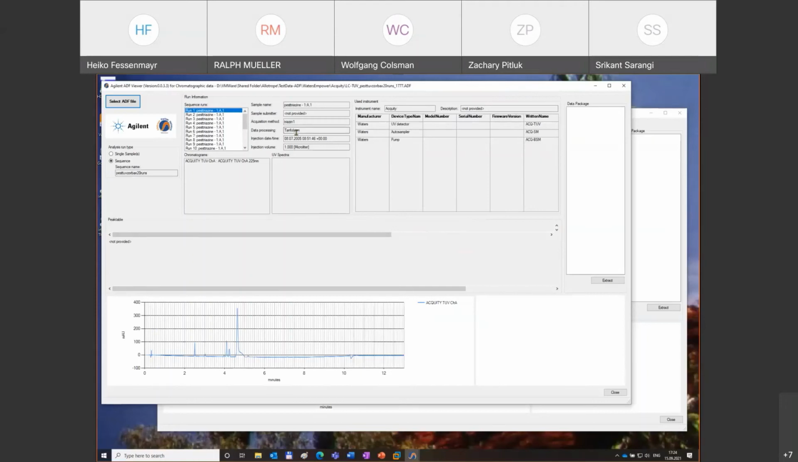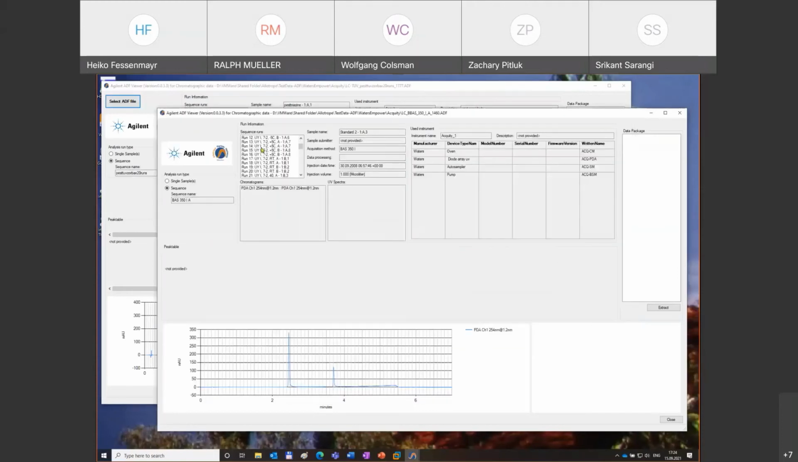UV detector. So this is a sequence with 20 runs using that detector. You can see all that is information that has been exported from Empower into the same ADF format that is also used for ChemStation and OpenLab CDS. I have also prepared here a long sequence with 114 runs that have been exported from Empower. But that's also possible, shows another